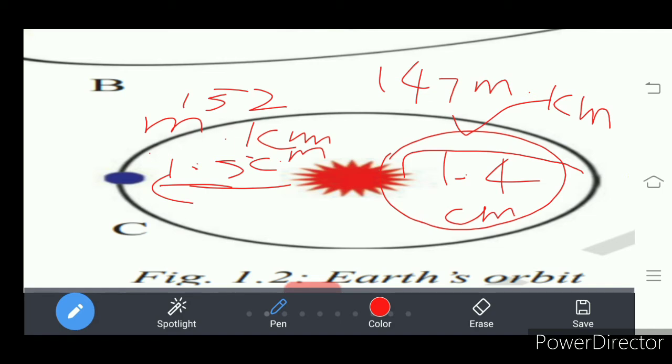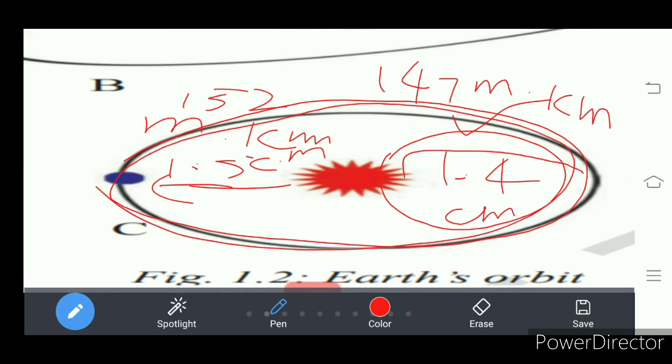Instead, as Earth rotates and revolves around the sun, it travels around the sun with a speed of 1,07,200 kilometers per hour. How many kilometers per hour? 1,07,200 kilometers per hour. Our Earth travels per hour with a speed of 1,07,200 kilometers per hour. So with that speed,